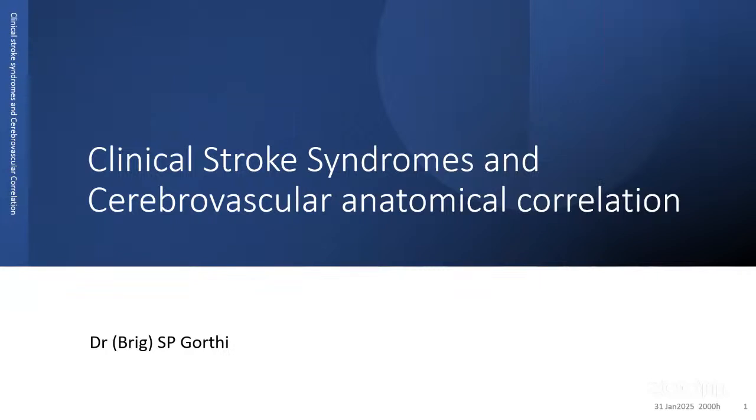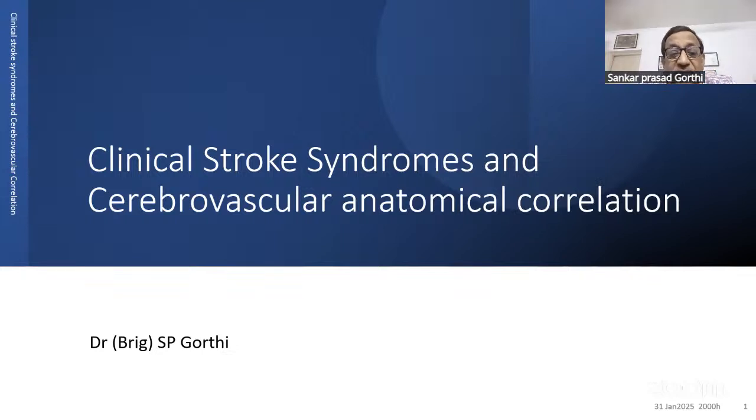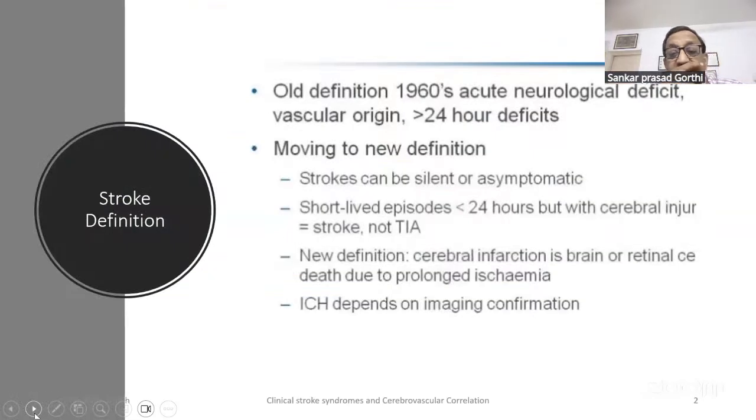Thank you so much. So, today we will be discussing clinical stroke syndromes and relevant cerebrovascular anatomical correlation. In the process, we will be discussing what is stroke and stroke syndromes. We can go to the old definition: acute neurological deficit of vascular origin, where the deficit should last more than 24 hours. That was the earlier definition. The important point to note is the vascular origin. It should be related to the blood supply of a particular area of the brain which is deprived of oxygen